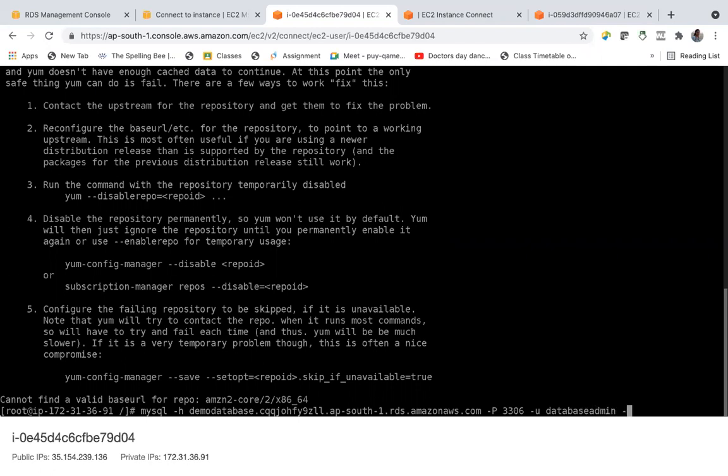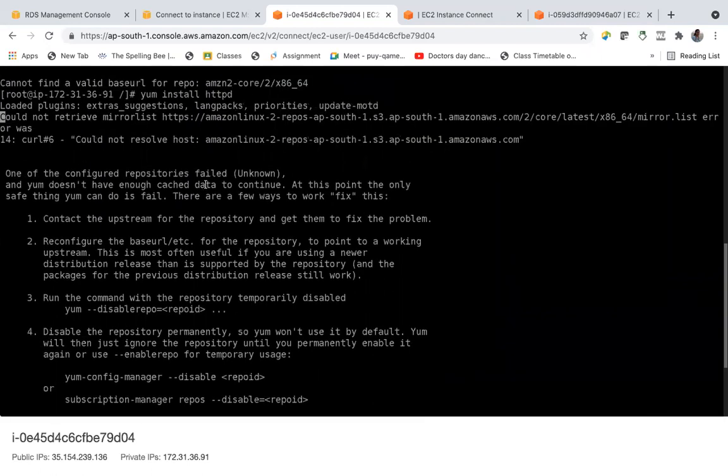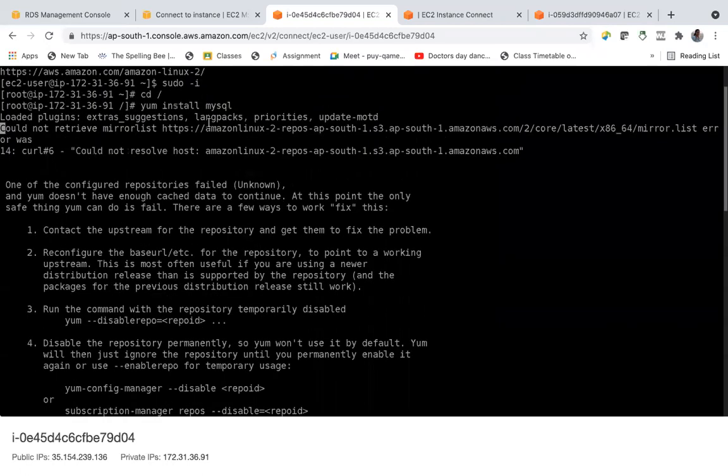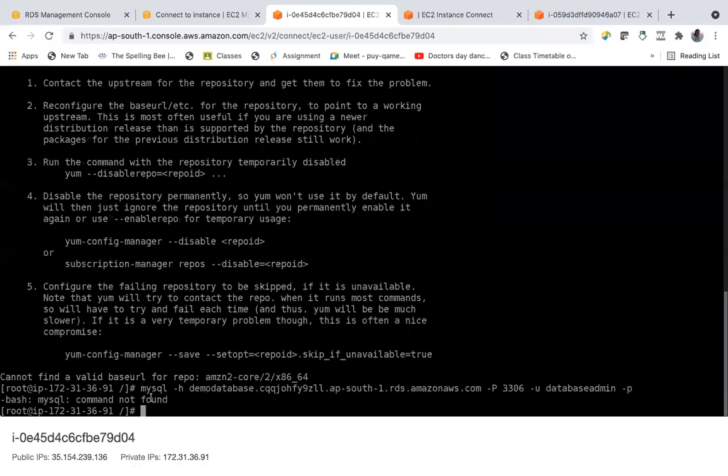And then password. It will ask you to give the password, but it says MySQL command not found, since we have not installed MySQL, so we are unable to do that. Otherwise, it will ask you for the password. After giving the password, you can connect to your MySQL database.